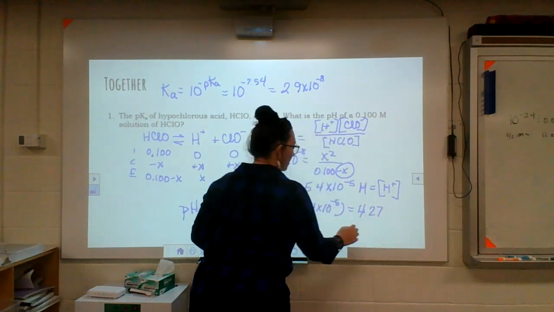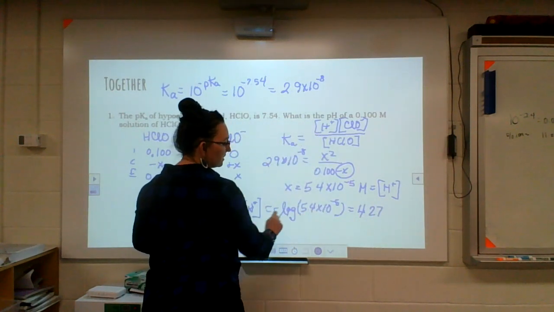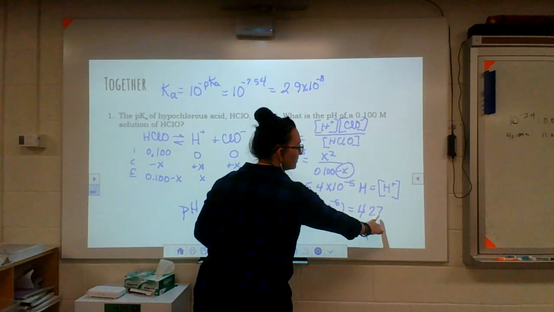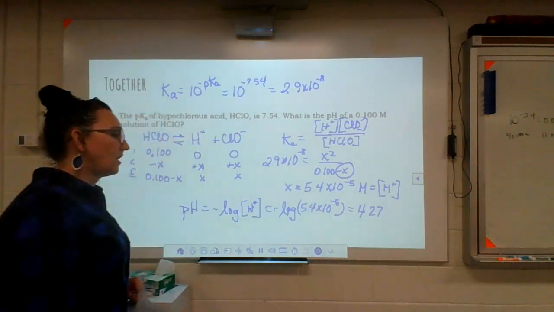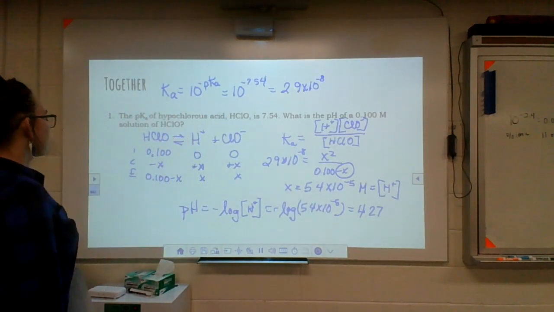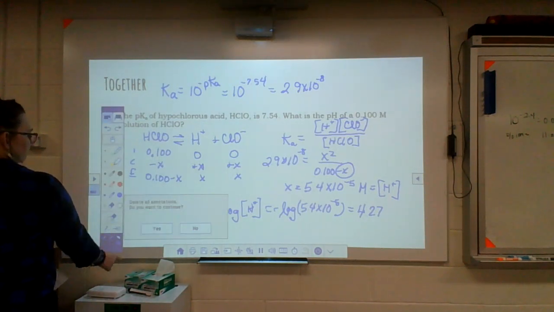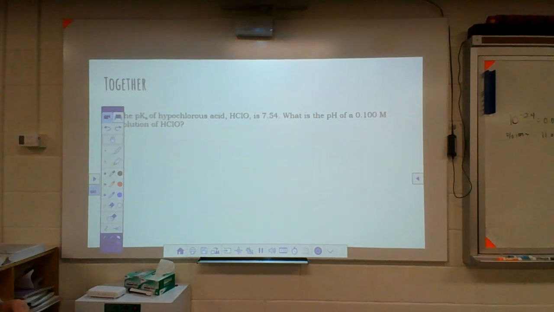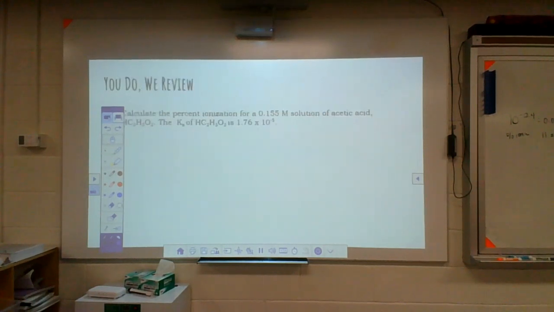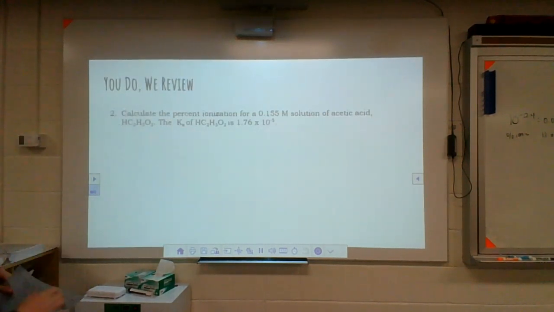And now for the redo. We want to calculate the percent ionization for a 0.155 molar solution of acetic acid. The Ka is given as 1.76 times 10 to the negative 5th. So I'm going to start out with my ICE table. So I have acetic acid